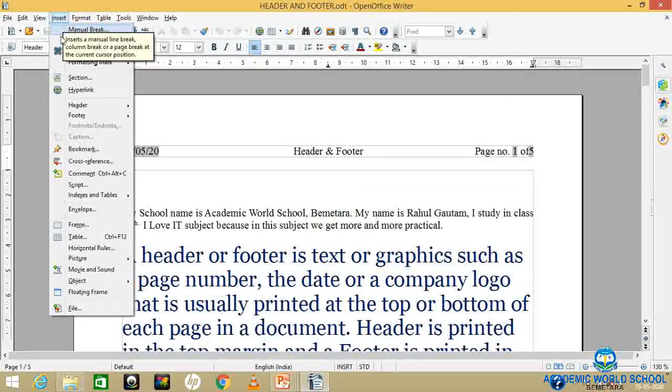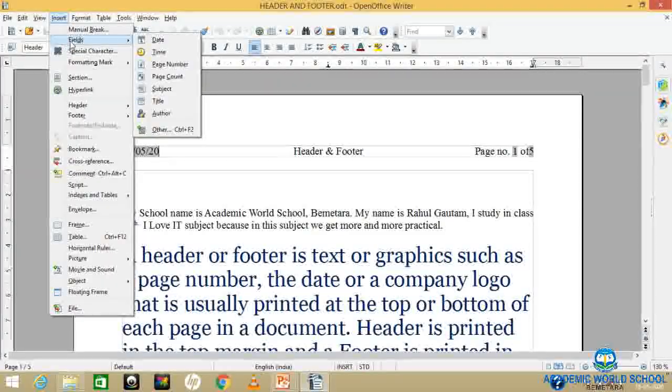Page 1 out of 5 means a total of 5 pages are there, so 5 will be the page count, where you will get 1, 2, 3 out of 5, like that. Then you can add the subject, the title, the author name, and other details also over here.